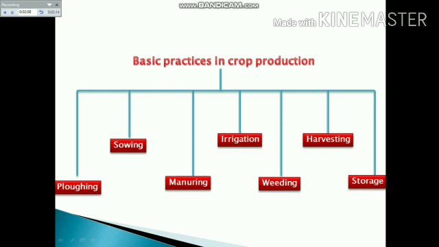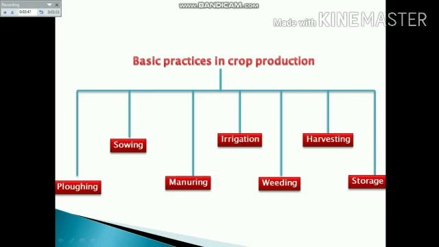The next step is weeding. Weeds, we know, are the unwanted plants which grow along with the main crop, and they compete with the main crop for space, nutrients and water, and therefore they will affect the growth of the main crop and decrease the yield. So they need to be removed from time to time. There are different methods, one being spraying of weeds. The easiest one is pulling out the weeds manually, but it is a difficult method. So on a larger scale in a field, spraying weedicide is a better option, like 2,4-D.